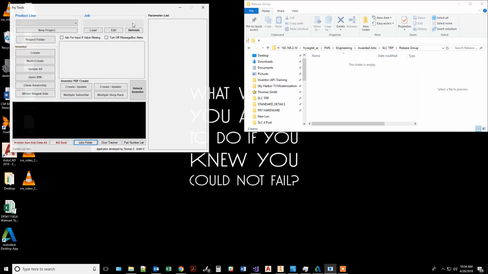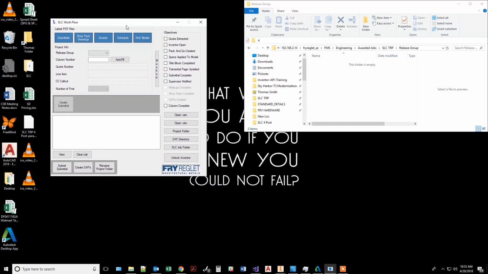Let's get started. To get started, we need to choose our product line, which is column covers. This will then bring up a different form. Now to define our column, we need to choose our release group number, which is release group 1, and our column number. We'll be working on column 348. At this point, we hit autofill to then get the information